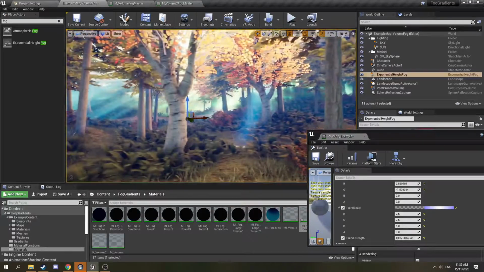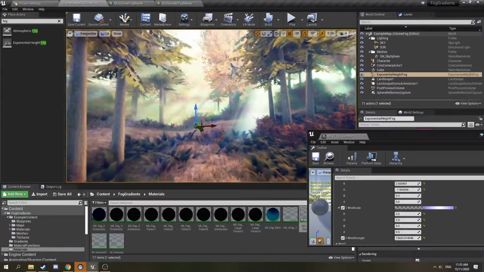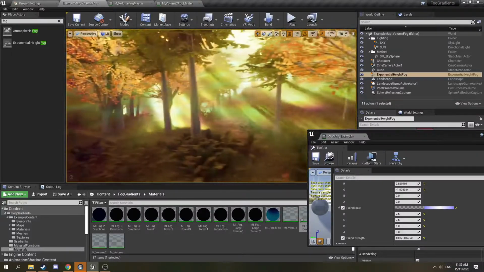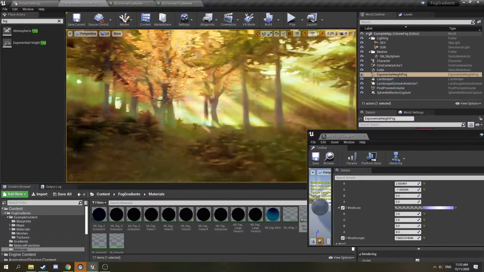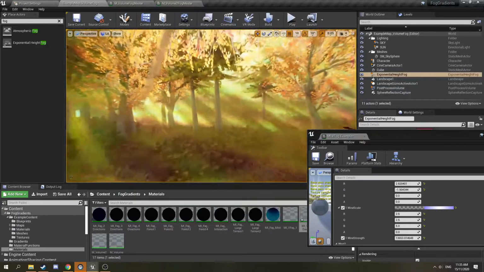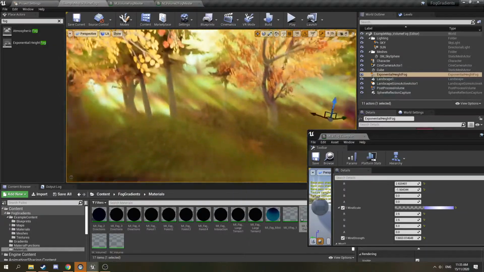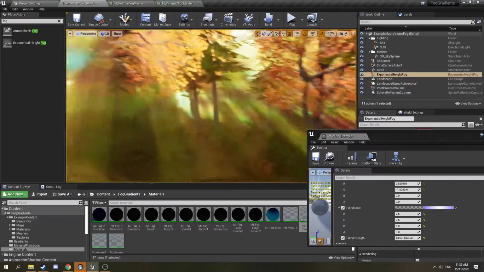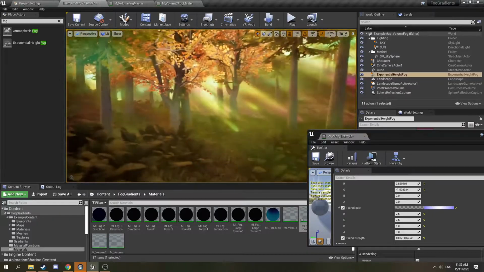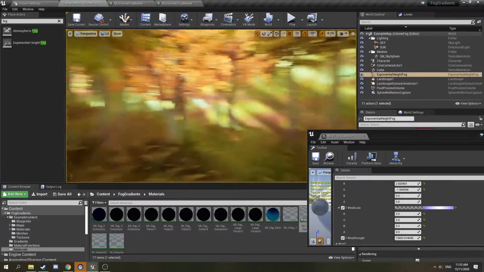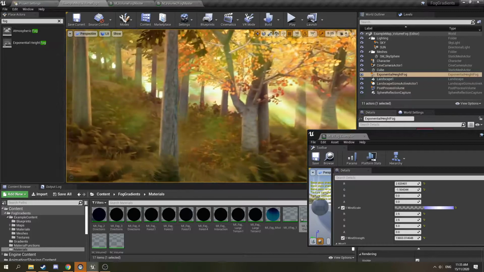Yeah. So this is how to set up your fog to utilize volumetrics. Again, I will probably turn this into a complete feature set with examples, but for now,